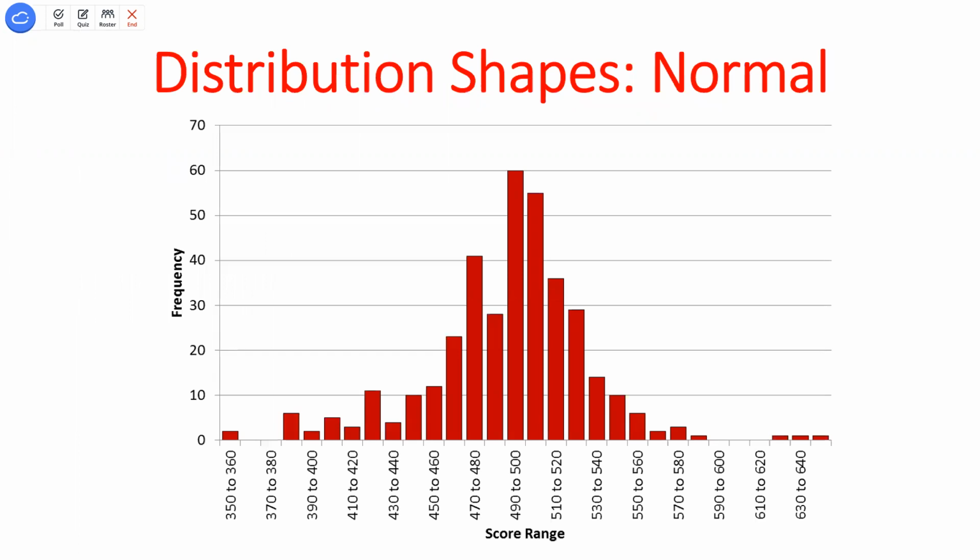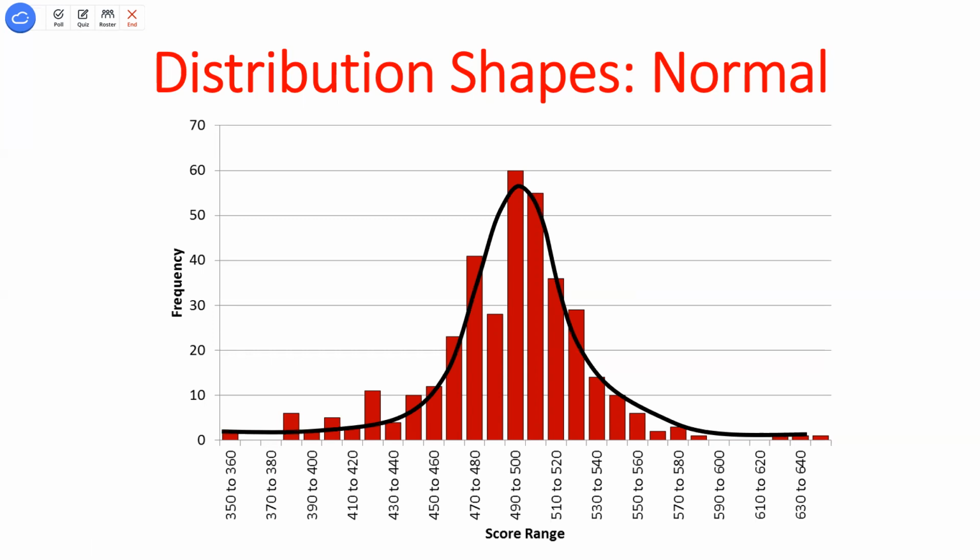One I had here, and I believe this was the I-STEP score data. So this was different schools and what their I-STEP scores were. If I were to create a nice frequency distribution for this, and we'll really hammer on this for another third of the class, if I were to trace out the tops of all these bars, it looks like it would have this bell shape. We would call this a bell curve or a normal distribution, right?